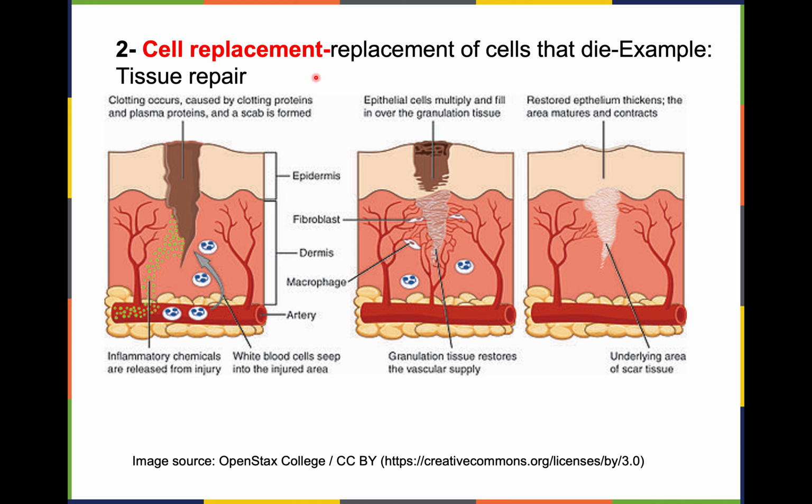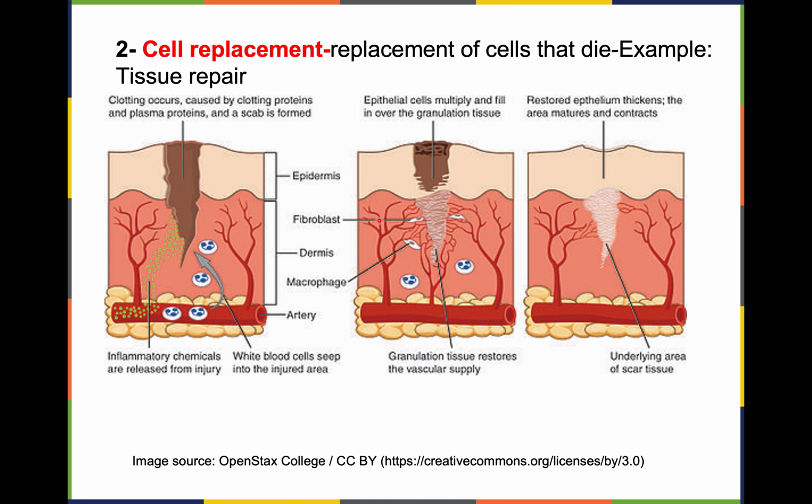Cell division also plays an important role in cell replacement, and there's various different scenarios in which cells are replaced in our bodies. One of the examples is when we cut our finger where there's a tissue that is ruptured. So this is an example of, let's say, when there is a cut within the skin. Epidermis is the top layer of the skin, and these are the bottom layers, and there is a cut. And then it shows that after the components of the immune system and other things that are required for clotting